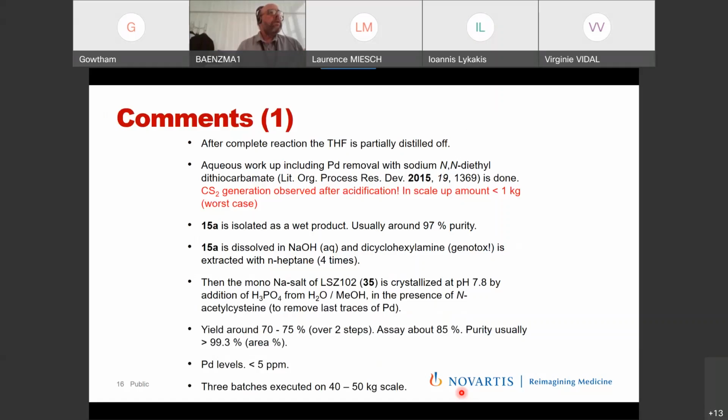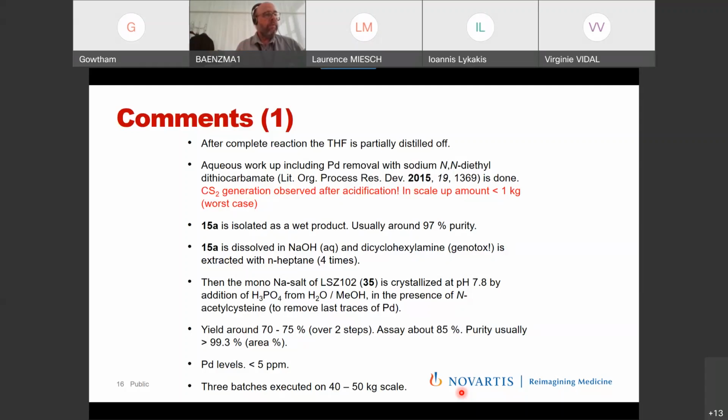After complete reaction, the THF was partially distilled off and an aqueous workup was done. We added 2-methyl THF, and then the dicyclohexylamine salt was isolated, usually with around 97% purity. Then the dicyclohexylamine salt of the drug substance was dissolved in sodium hydroxide and extracted with heptane. So the dicyclohexylamine was removed in the heptane phase, and then the monosodium salt of the LSZ was crystallized at pH 7.8 by addition of phosphoric acid and